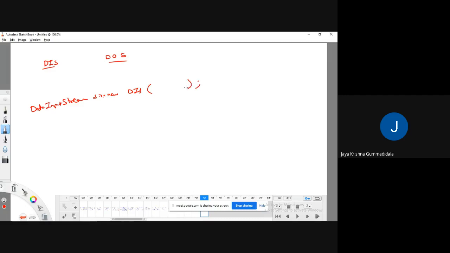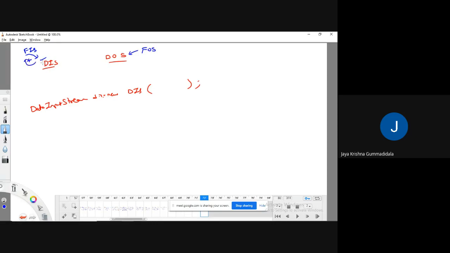Here the important point is that data input stream is an enhancement of file input stream, and data output stream is an enhancement of file output stream. That's it. Meaning that it has extra features.